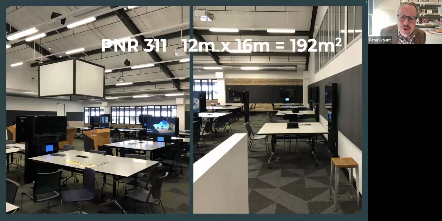The second room was about 192 square meters. The whole lot came to about 158 students between the two rooms. And you can see on the left-hand side of that image there, it's just a stud wall. Interestingly, of course, for some strange reason, there was about 15 centimeter difference in floor heights. No one knows why, but they built a 15 centimeter difference in floor heights between the two rooms.